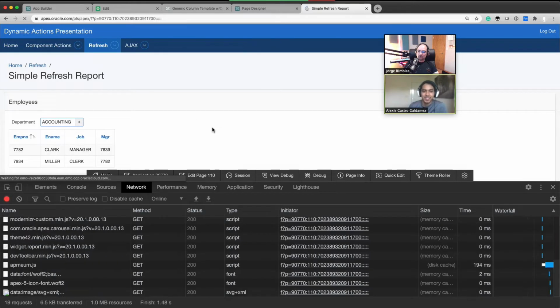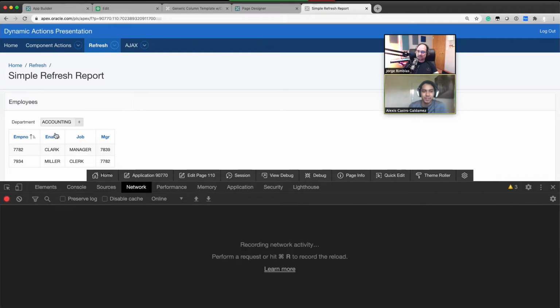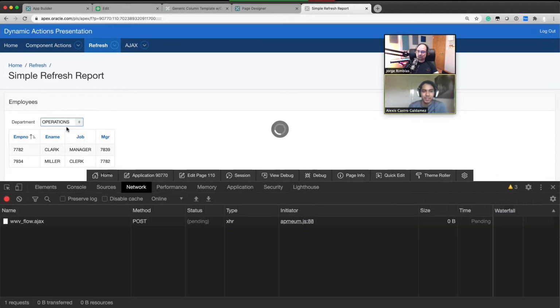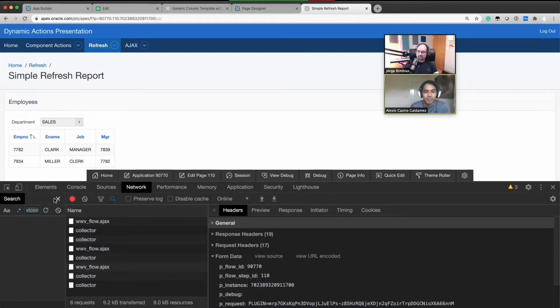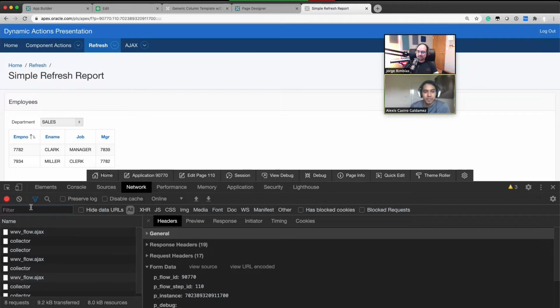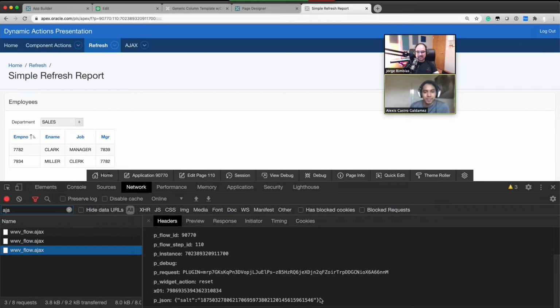So let me reload the page now with that change. And I have Accounting, that worked. And let's switch to another one, Operations. And there's our Ajax call, but the data did not change. Accounting, well, that's Accounting, but let's go to Sales. Sales did not change, right? All this Ajax, let's filter just by, oops, not there. Let's filter here, just Ajax. So if I click on one of those, this pJSON was the one that was sending the value. That department is not being sent anymore